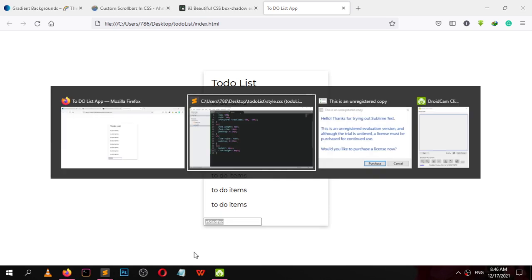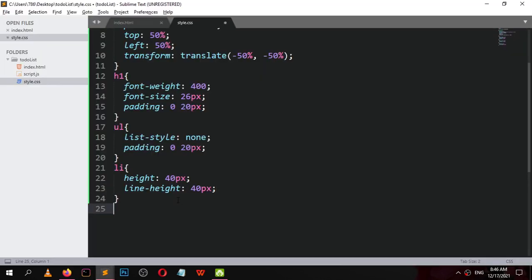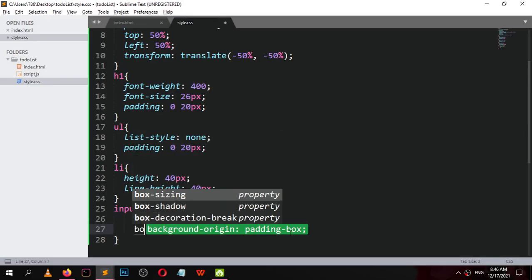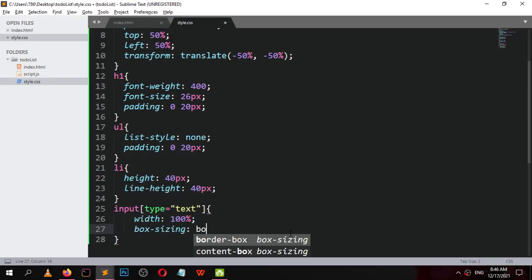Now select this input, or we can specify which input. So select input type equal text, where width equal 100% and box sizing equal border box.